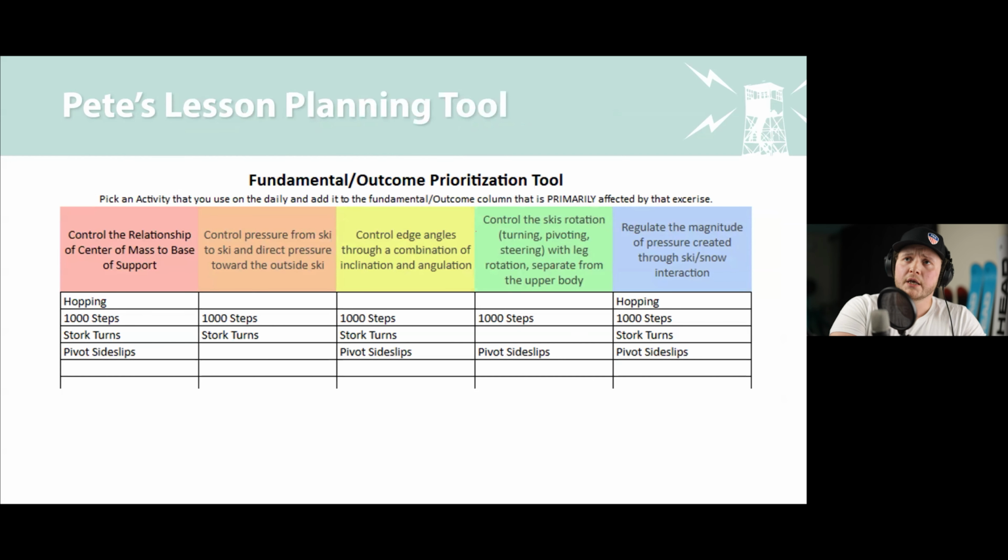But one of the cool tools that Pete provided in this webinar is his fundamentals and outcomes prioritization tool, right? And this is a tool that I've screenshotted here. It's also available on the OkemoTechTalks.com website underneath the description of his webinar. But basically, it allows you to create a list of activities that are categorized by the fundamental, the skill, or the desired outcomes of that activity, and allows you to build a toolbox you can bring with you into any